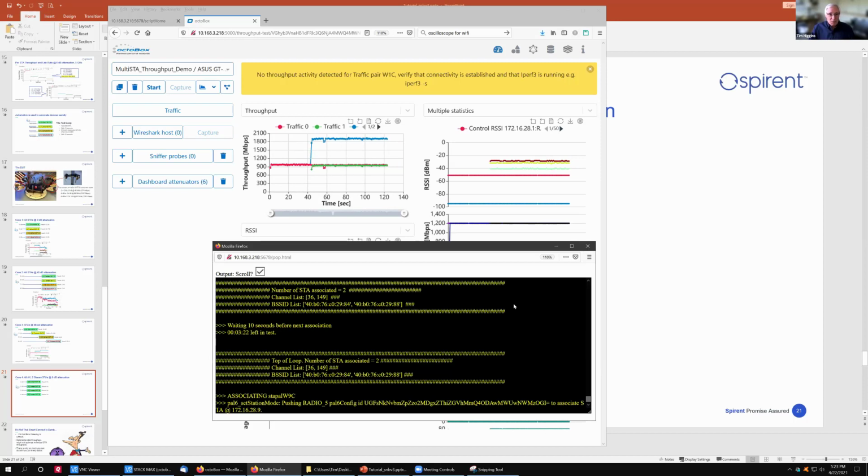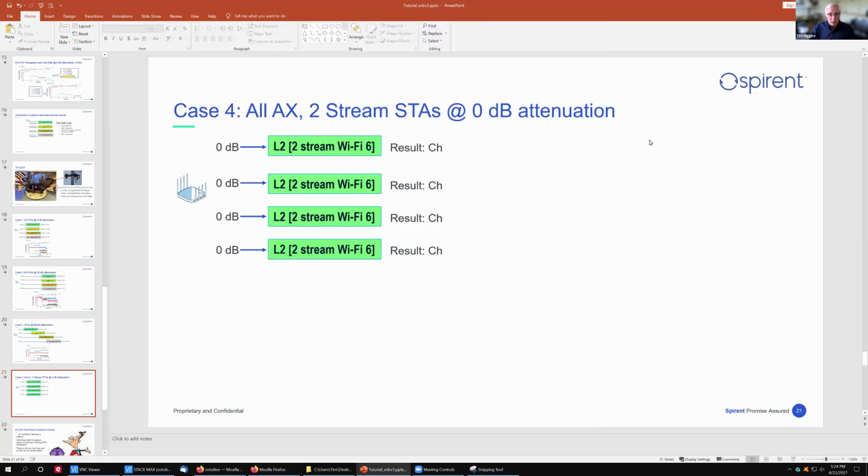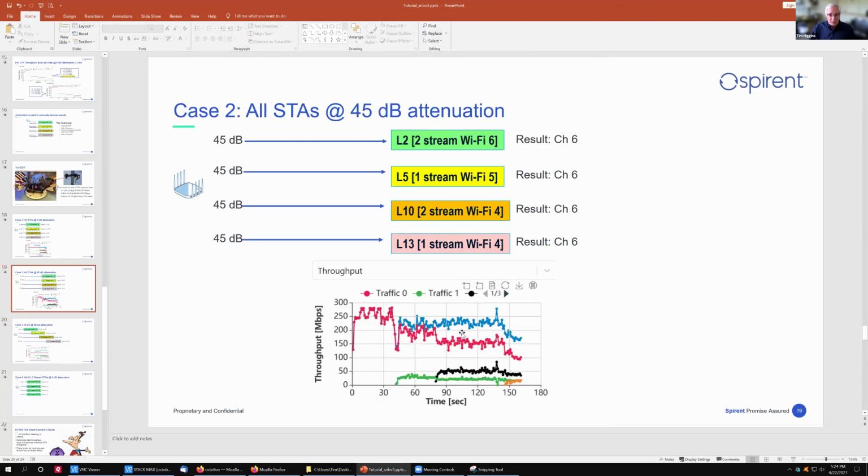But we did have a case in which all of the stations were the same, but just everybody got parked at 45 dB away. If we go back to this case where everybody was 45 dB, the router certainly had the opportunity to take the most capable station and assign it to a 5 gig radio, and it didn't. Right, I think his point was, well, isn't it done based on RSSI? Yeah, which makes it look like yes in this case, right?